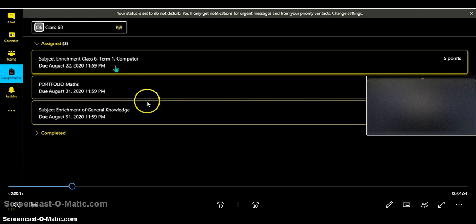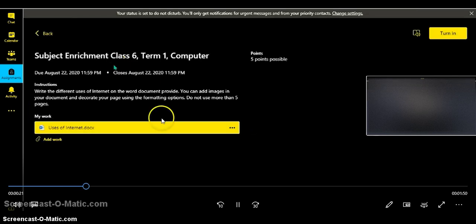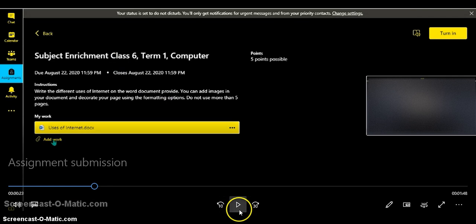Then all the assignments will appear. So you have to choose the assignment which you want to upload. As you can see here, a page is there, uses of internet, and there is an attachment button, add work button is there.